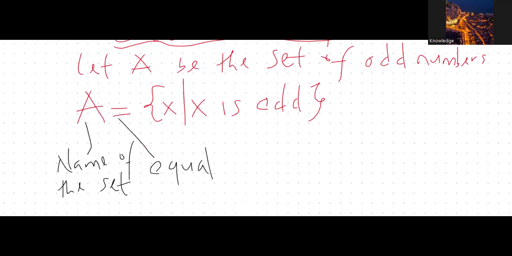A is equal to X, where X is a possible element of A, any possible element of A. You understand? X is any possible element of A. Then the vertical line, this vertical line means